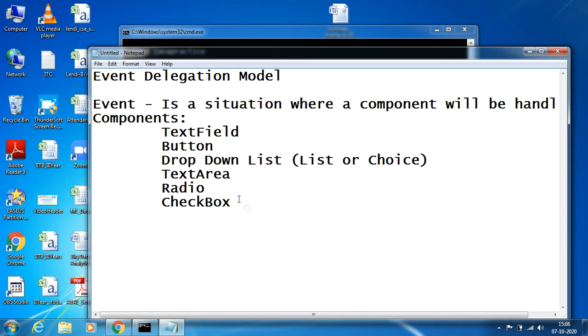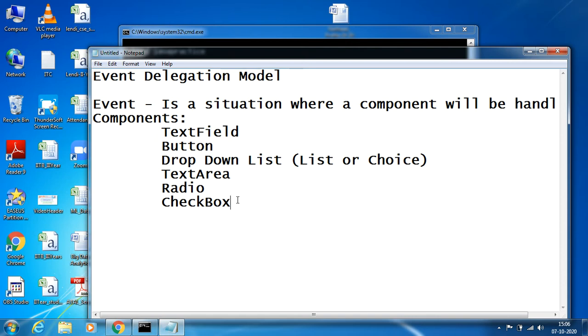Once every component is added to a window, an applet or a frame, immediately they need some kind of action performed on that particular component.